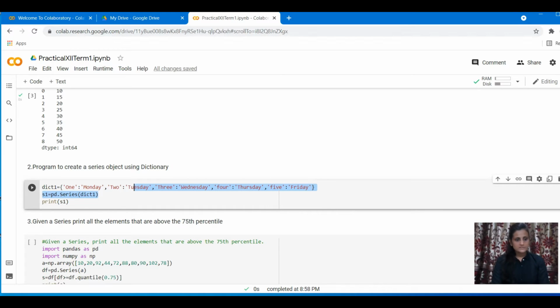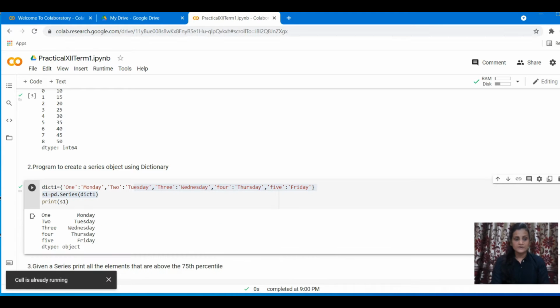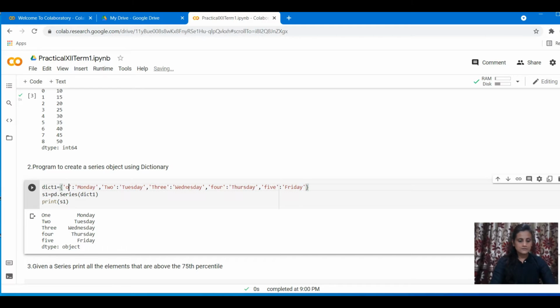We are passing the dictionary to the series: dict1series = pd.Series(dict1). Again we used it the same way. You execute, and this time you're going to see something a little bit different. That is, the indexes will be the ones you have decided by yourself. You can even use a number here. It's not only strings, anything can be used. So the keys will be taken as indexes and the values will be taken as the series values. So this is your series.